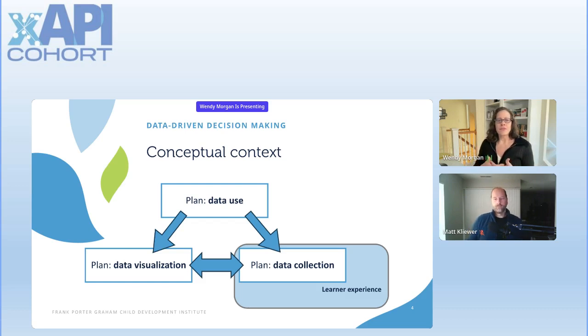And then those visualization and collection plans impact one another. So for example, as you design your data visualization, you might find that there are certain ways of collecting the data that would be more or less useful. And so you'll want to design the way that you collect data to support that. Or conversely, you may find that the way that you want to set up a learning experience or an interaction is going to result in a specific kind of data. And so you're going to want to plan your visualization to accommodate that.